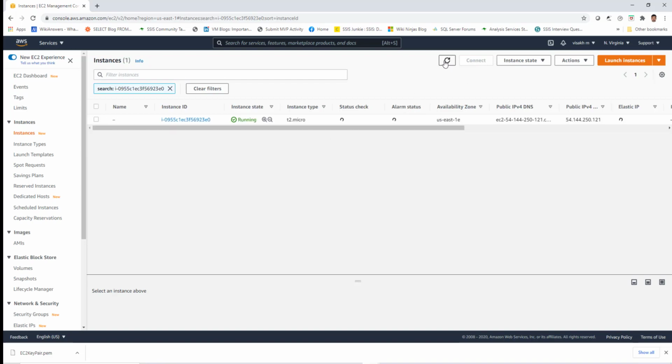You can click on the refresh button and see how it is going. See, now it shows running. The instance is in running status, but it's initializing. So it will take a little bit of time before you can actually connect to the instance. For connecting to the instance, you can click on the hyperlink which says the instance ID,